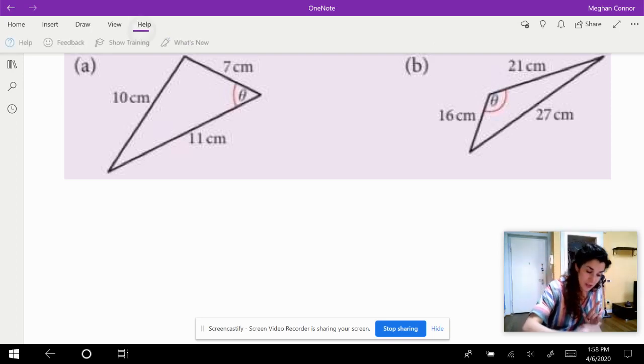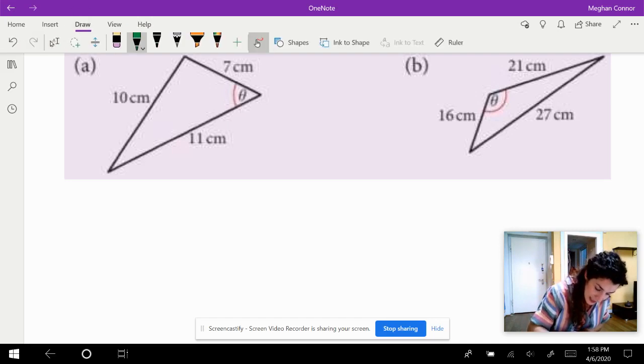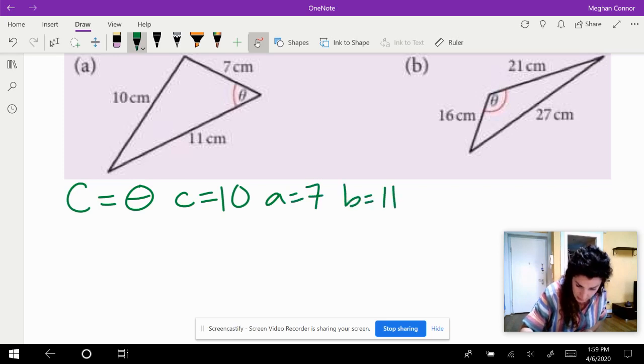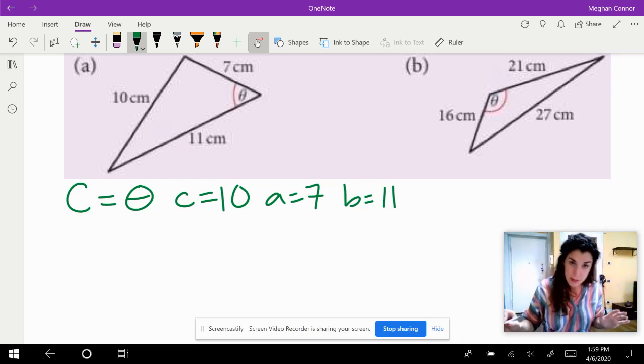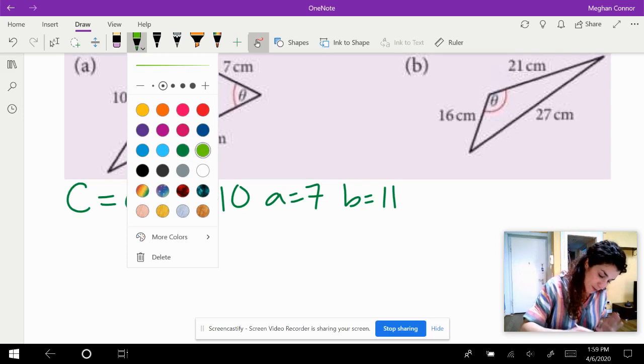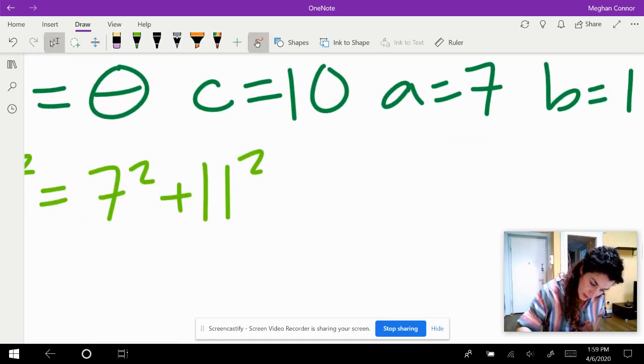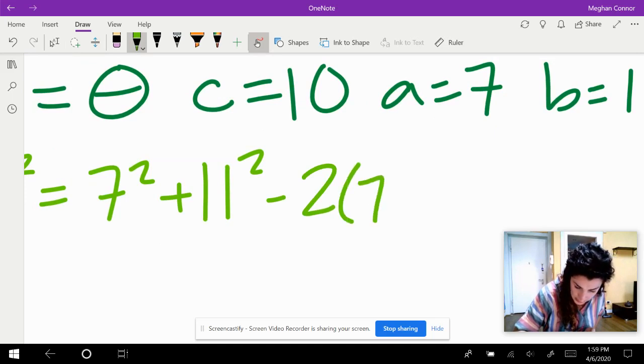I'm going to talk about the angle first. I know that my angle is theta. C is theta, which means that lowercase c is its opposite side, 10, which means that A doesn't matter, but one of them, and B doesn't matter, but the other one. Write out your formula. Put in all the pieces that you have and get set up for success. We have 10 squared equals, c squared equals a squared plus b squared minus 2ab